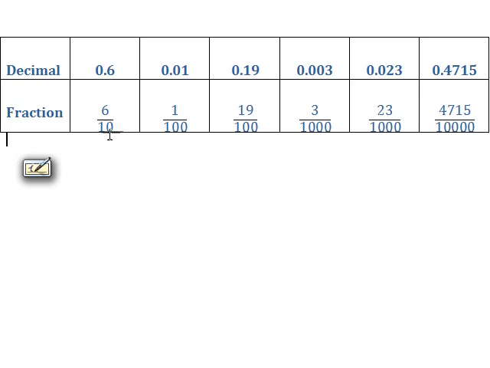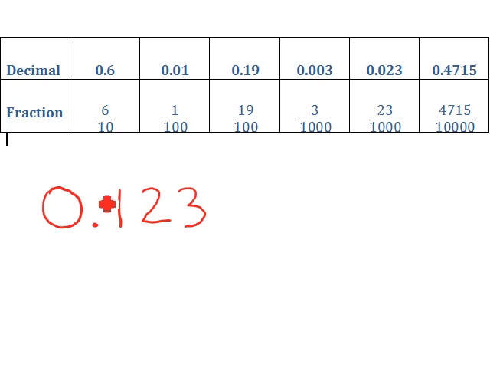So you can convert any decimal into a fraction. The denominator, that's the bottom number, is always going to be a power of 10. And to understand how to do this, you have to understand place value. When we talk about place value, it's really important to remember that you have a whole number, in this case it's 0, and any numbers after that are parts of a whole number. So here I'm going to write out